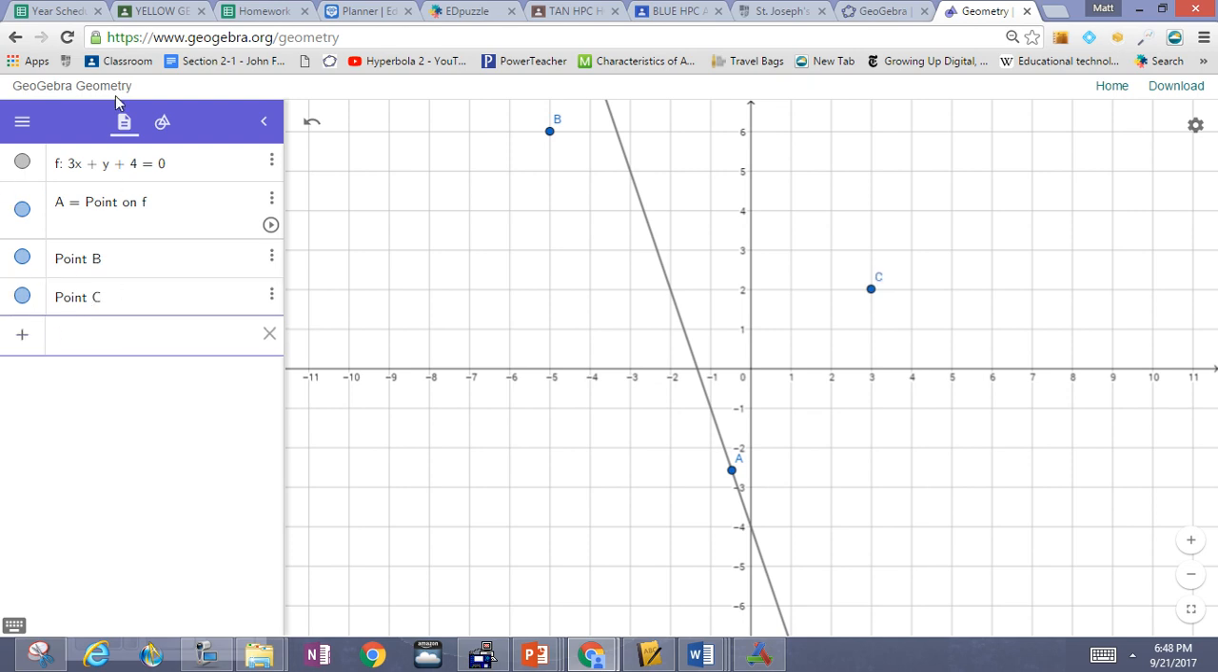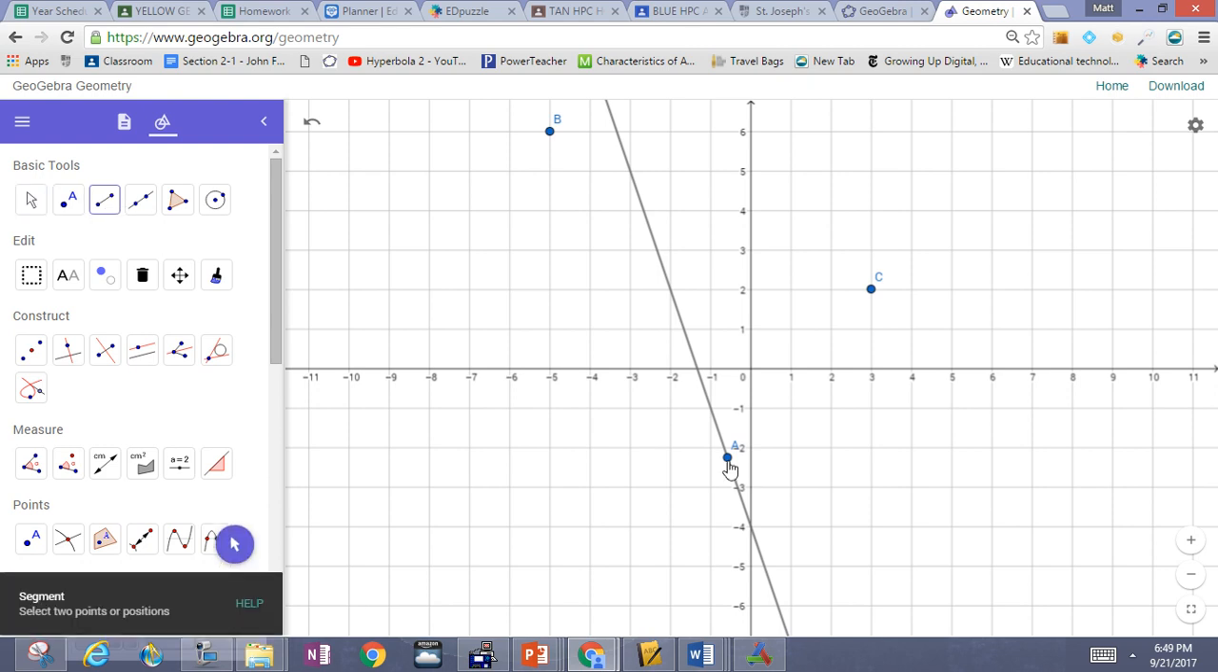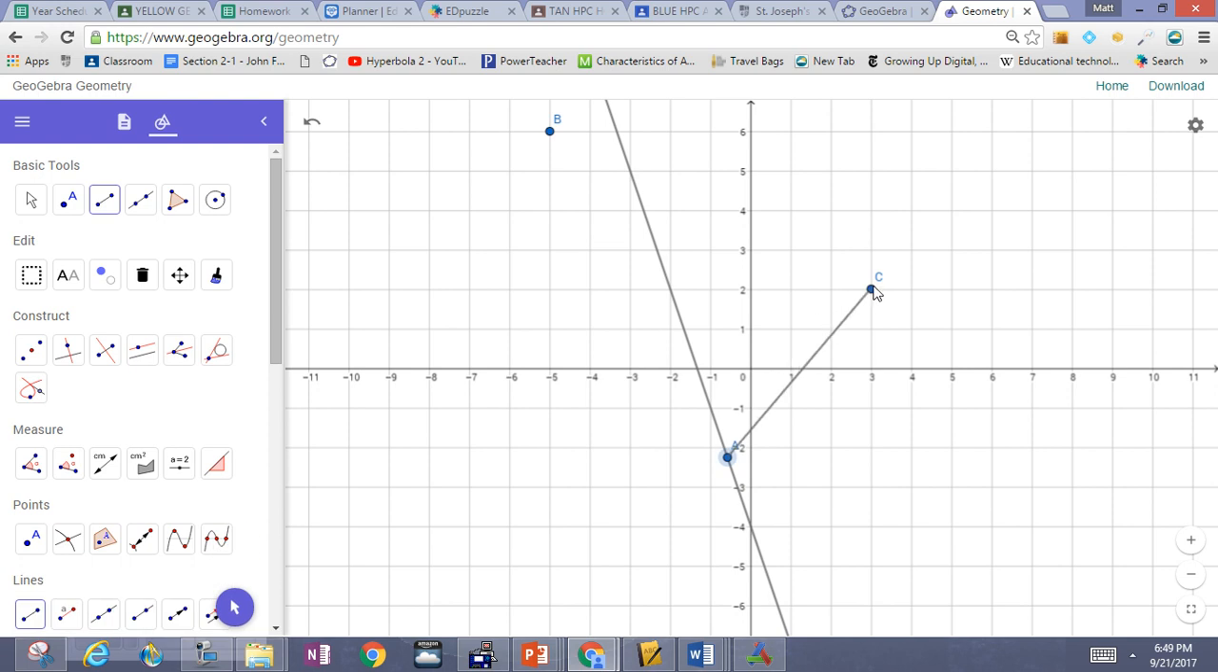All right, so the objective now, again, opening up my tools once more, getting my arrow, is to figure out when this point A is at the same distance from B as it is from C. Okay, so I'm going to choose this tool from the basic tools. That's the segment. I'm going to draw from A to C. I'm going to draw from A to B,